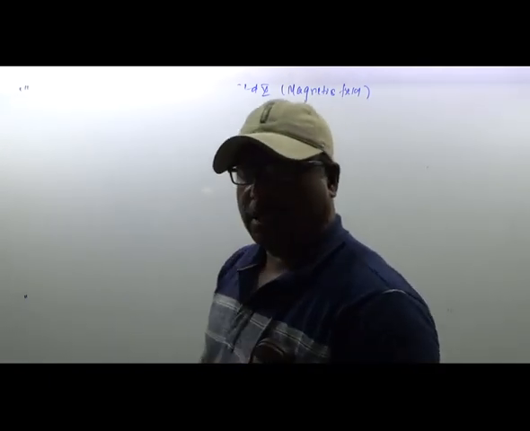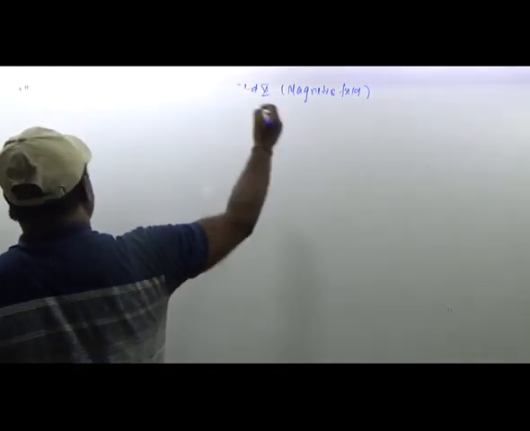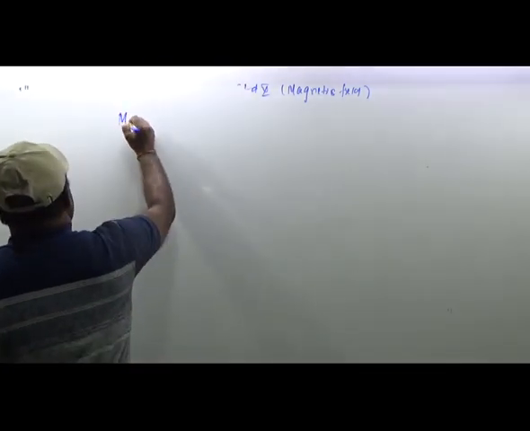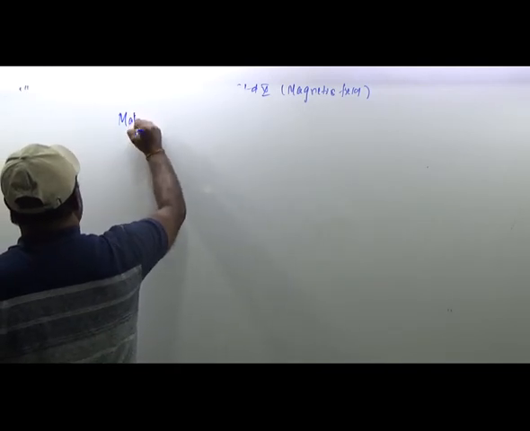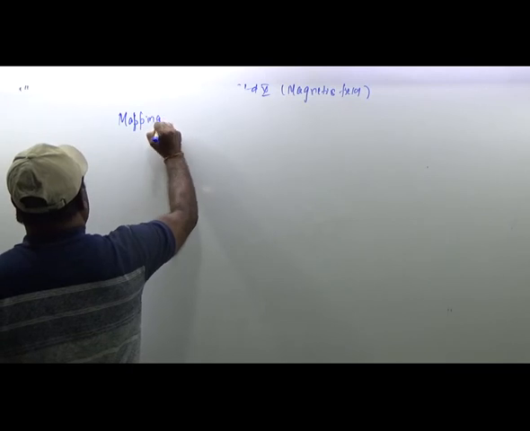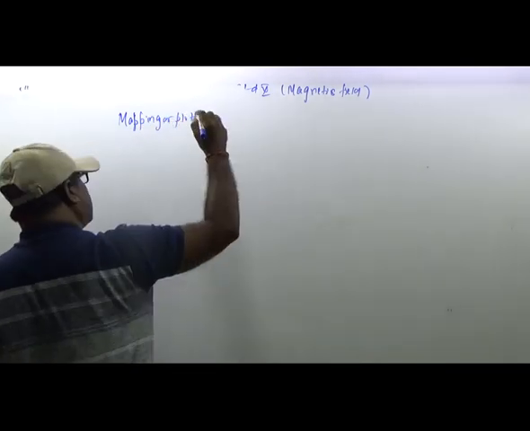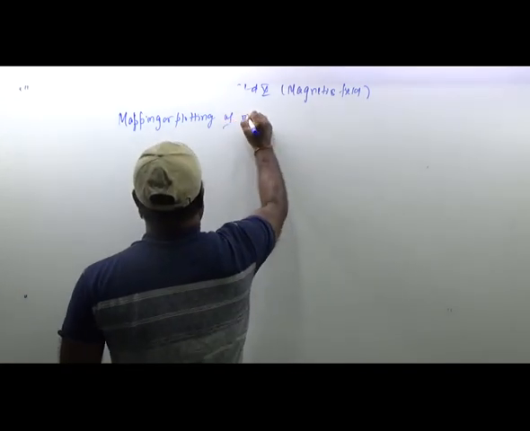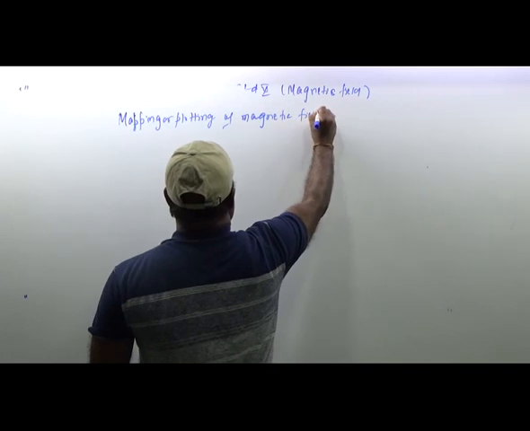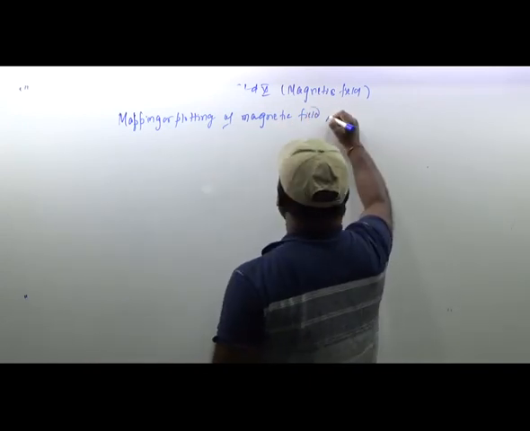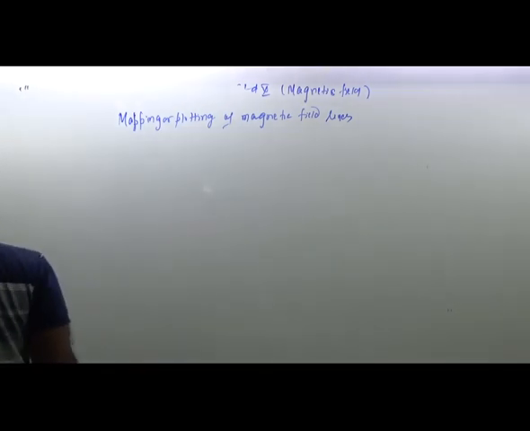Now let us see here. हमने पढ़ा magnetic field. How can we draw the mapping of magnetic field lines? Mapping or plotting, whatever you say. मैपिंग और प्लॉटिंग, कुछ भी बोलो, मैग्नेटिक फील्ड लाइंस. सो देयर आर टू मेथड्स.